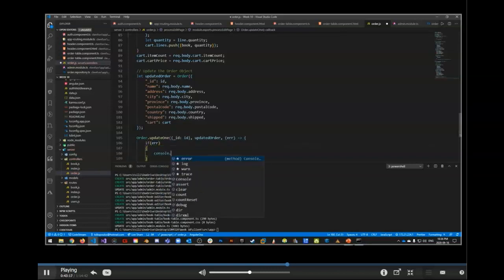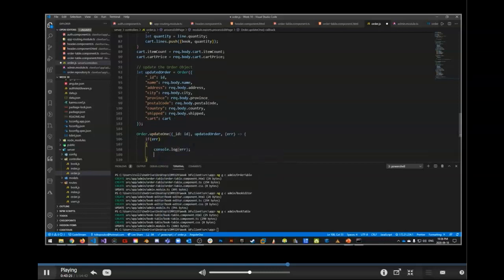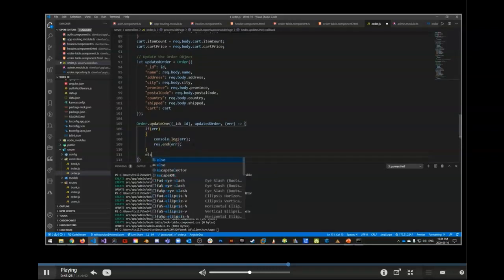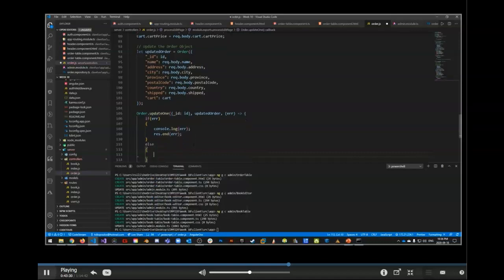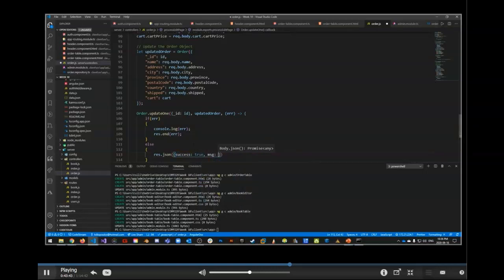So we're going to say console log error, and we want to stop the server. We want to capture that error because we don't want that to come and bite us later. And then else, everything goes well, we'll send a success message. So res.json, and we're going to say that success is true. And our message is actually going to be successfully updated or edited